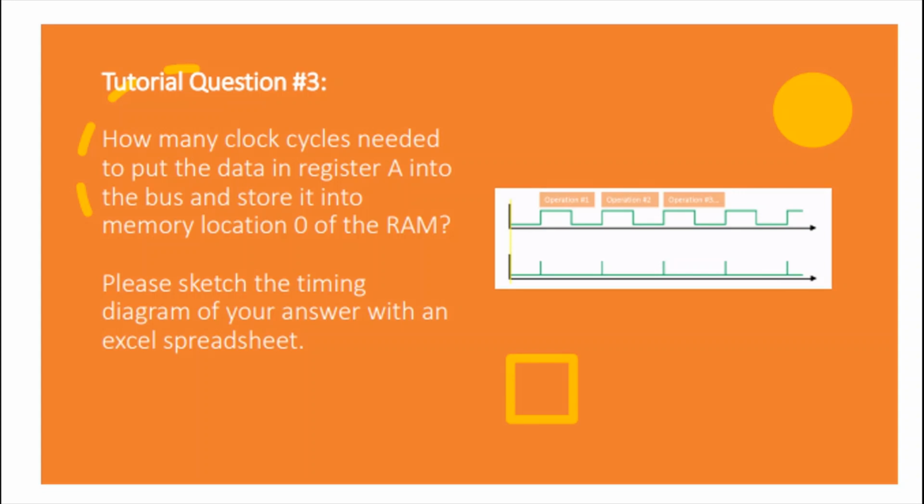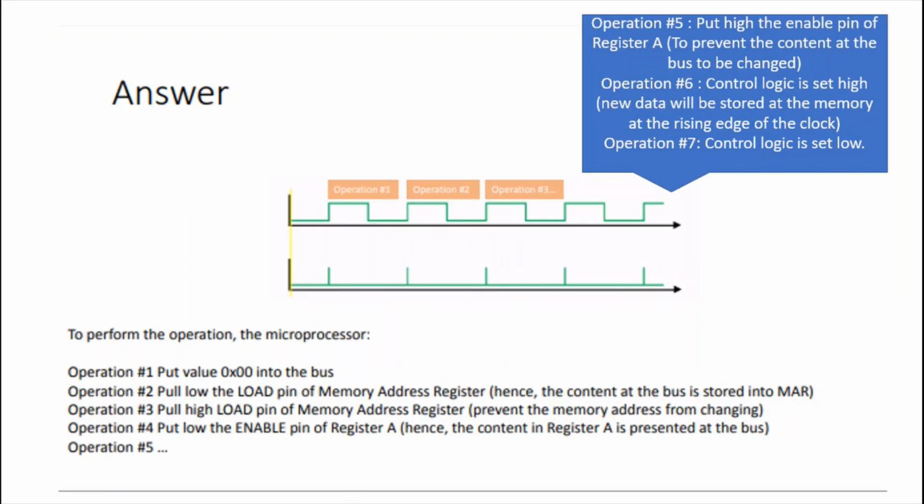How many clock cycles are needed to put the data in register A into the bus and store it into memory location 0 of the RAM? So as you can see, the answer that we came up with is that only 2 clock cycles are needed to put the data in register A into the bus and store it into the memory location. Okay, as you can see, in order to complete that operation,